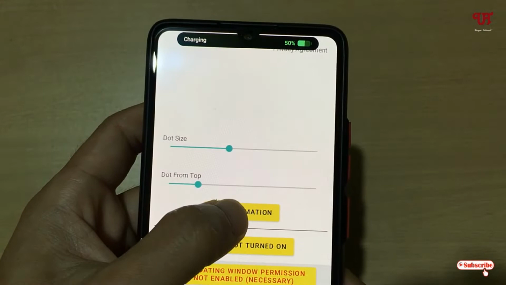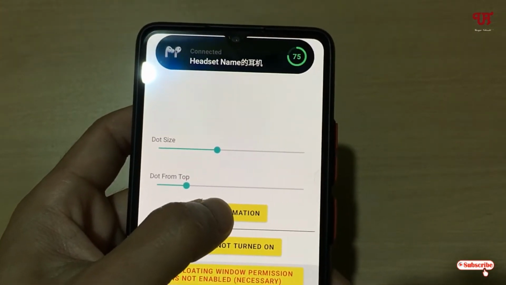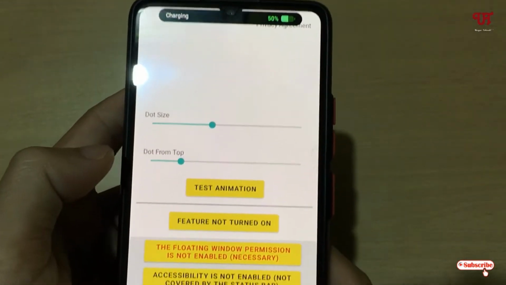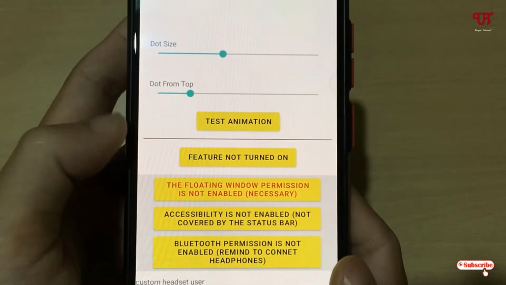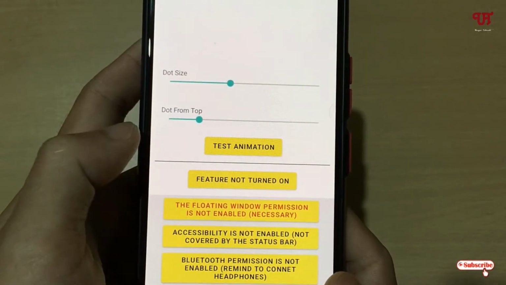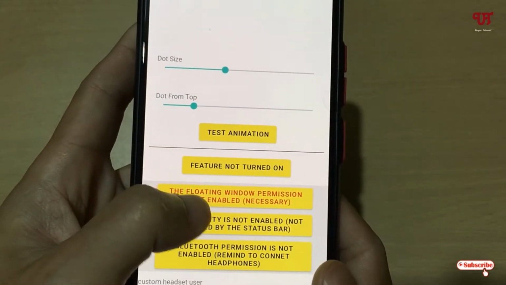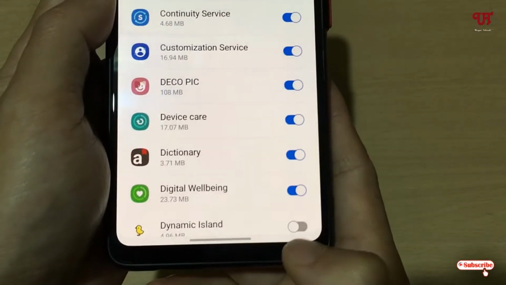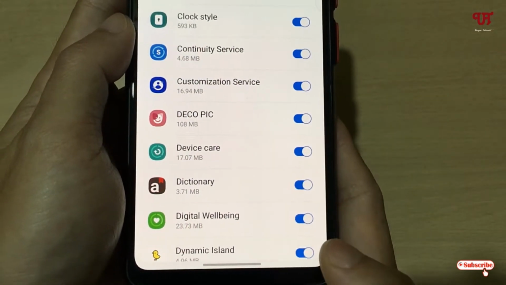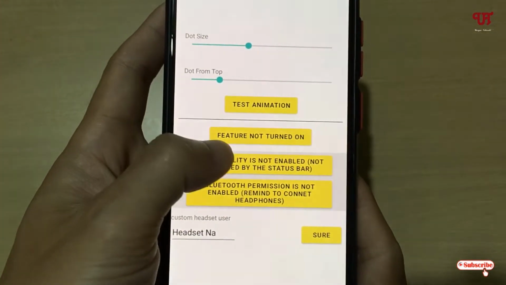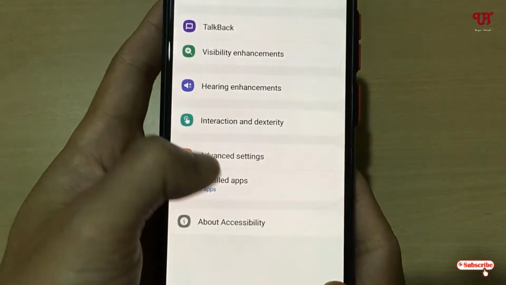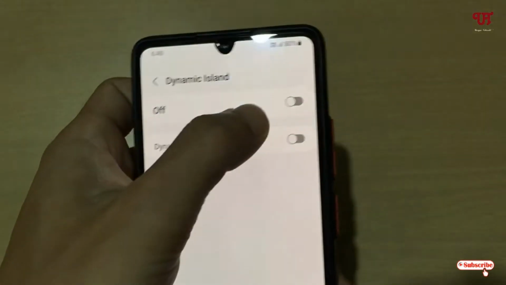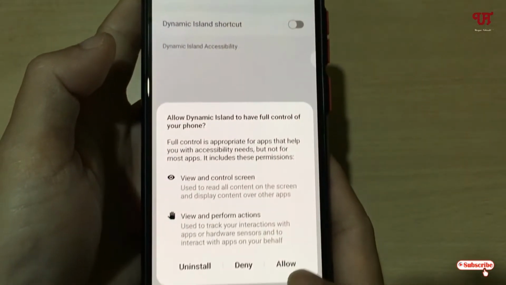You can see here, while searching you can click again, while connecting your Bluetooth earphones. You can see here, and below you can see features not turned on. So you need to tap on all the permissions to allow. Just enable this Dynamic Island application and just move back. Once again tap on it, go to install apps and enable this Dynamic Island again. Just turn it on, click on allow,